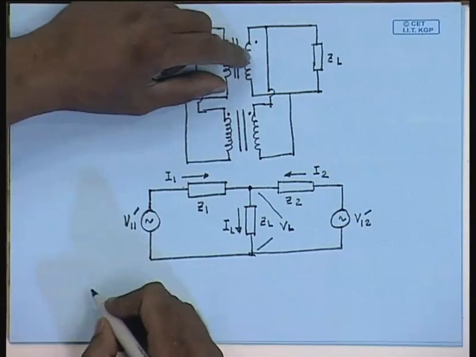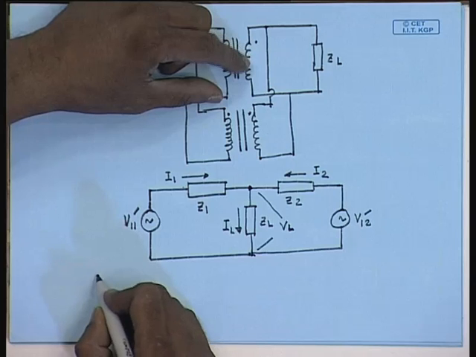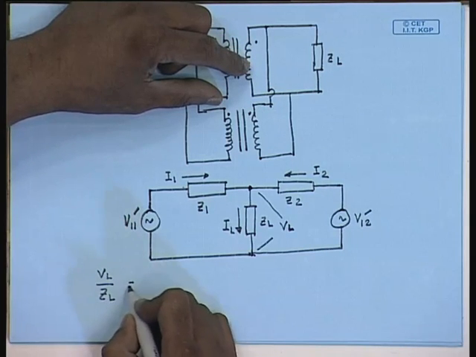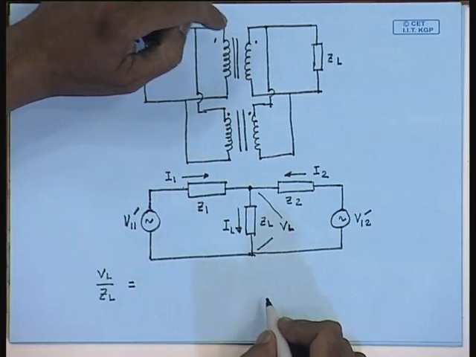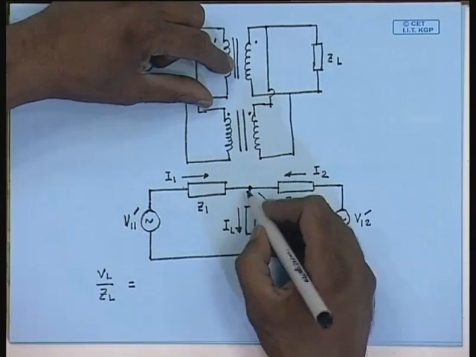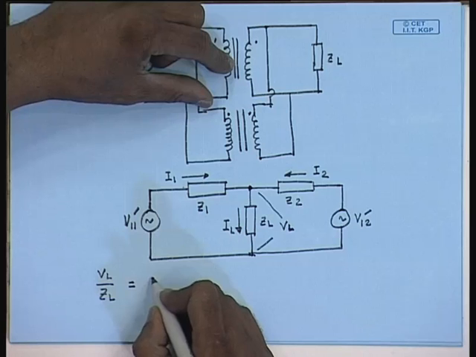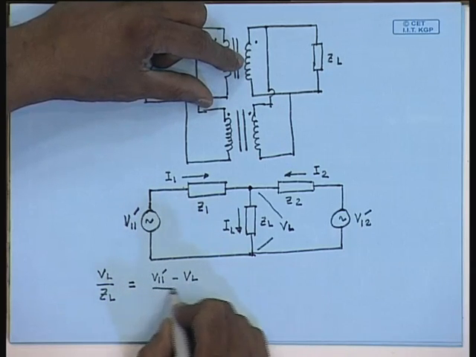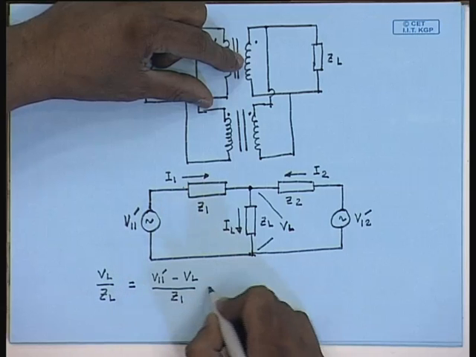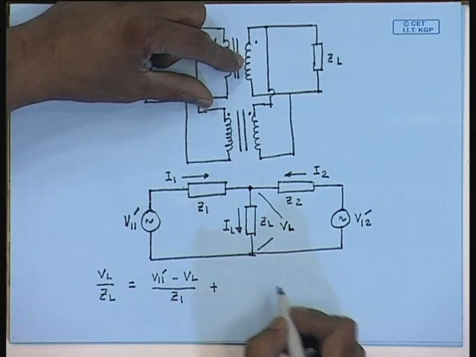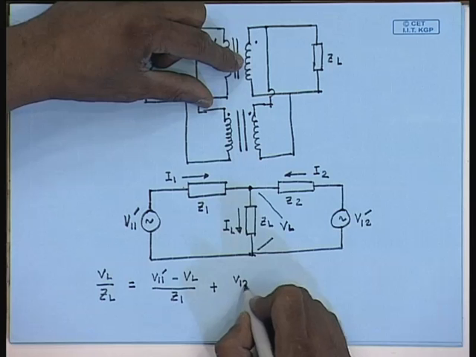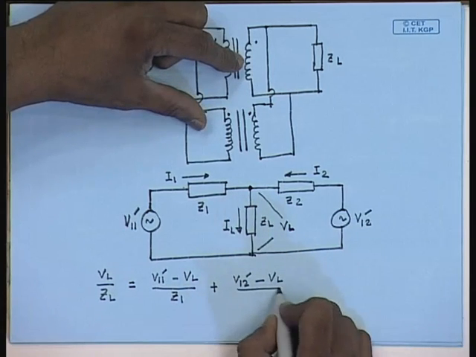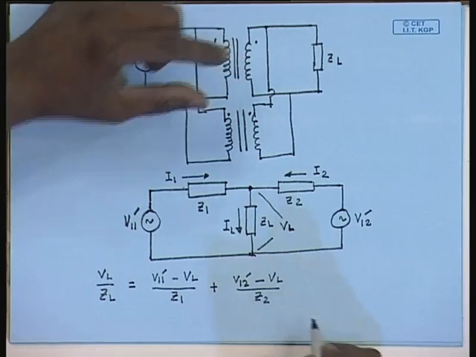We can write VL divided by ZL equal to V11 dash minus VL by Z1 plus V12 dash minus VL by Z2, or